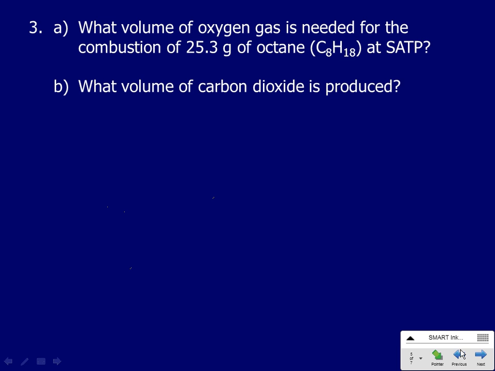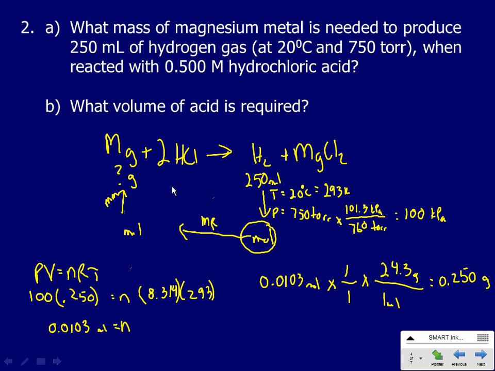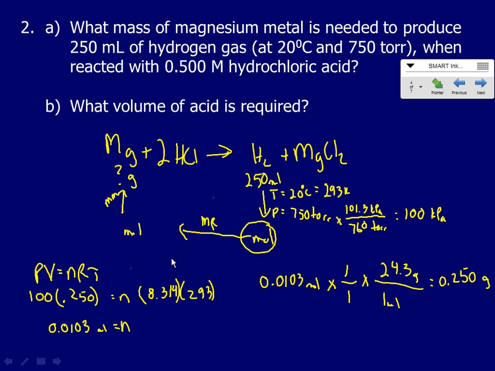Oh, I missed part B. That's no fun. Back up. What volume of acid is required? Okay. So part B means that we can go from here to here and then up to this guy, right? We want volume of solution. We need a conversion factor for the hydrochloric acid,